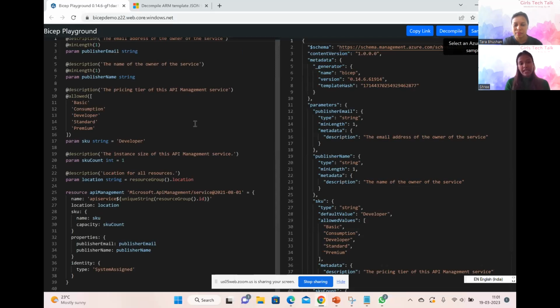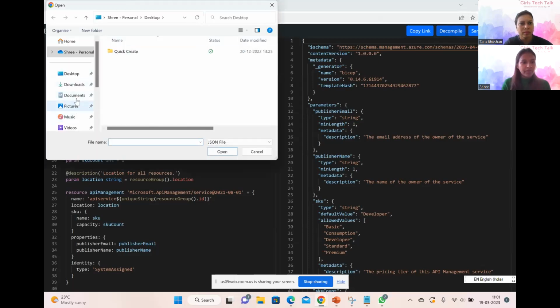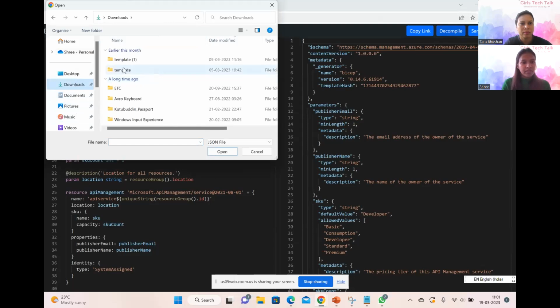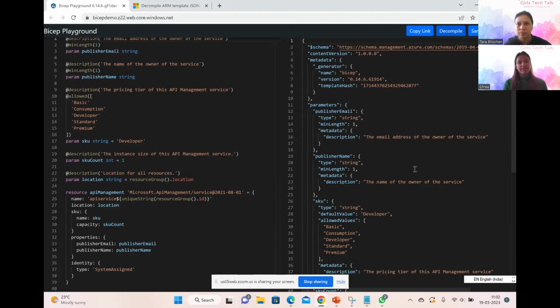One of the other things that I want to show, which is very useful if I am migrating from ARM template to Bicep: we already have all those ARM template files, so how do we convert them quickly to Bicep? I can select it. For example, last week we had a demo with this ARM template on storage account, and I can create the Bicep file from this. If I just decompile,